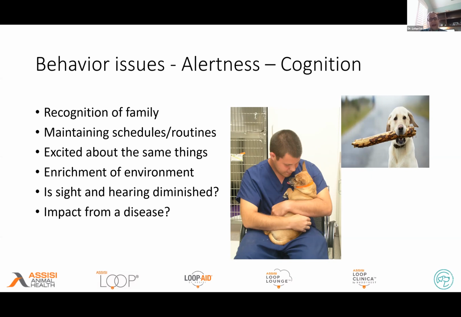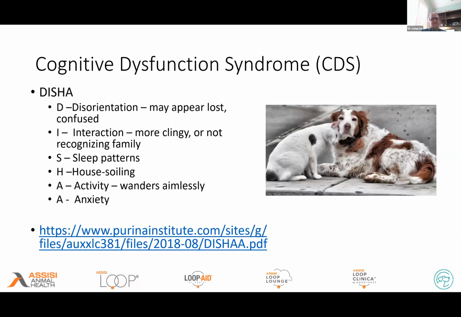The key of it is, as we see these patients, we do a good physical exam, medical exam, to make sure there's no issues medically. And if we can rule out any of the medical issues, then we know that there could be some issues with cognition. And there can be different things, from the disorientation to the sleep-wake cycle, to even the activity levels or interaction with people. Cognitive dysfunction syndrome, CDS, can happen in both dogs and cats. And there's a good website at the purinainstitute.com that has a very nice